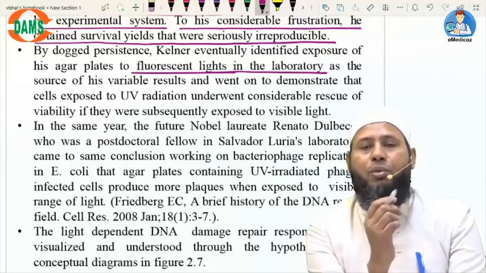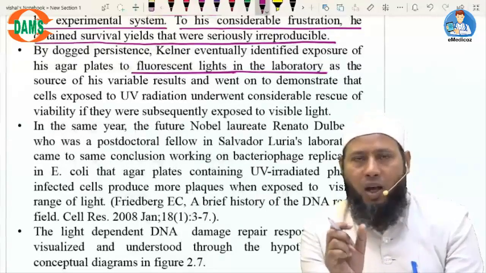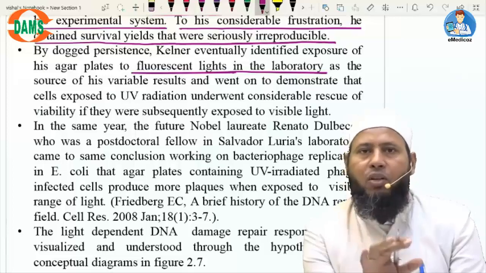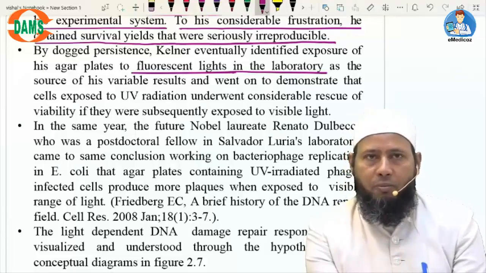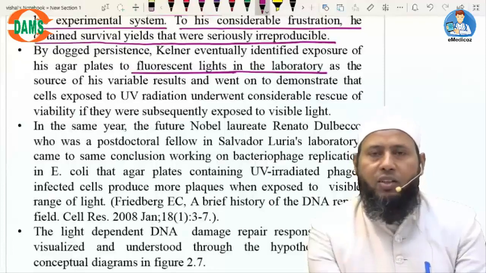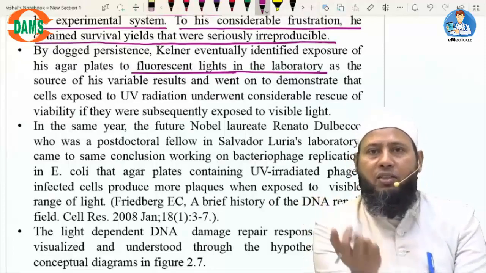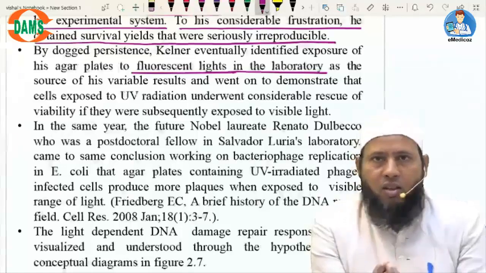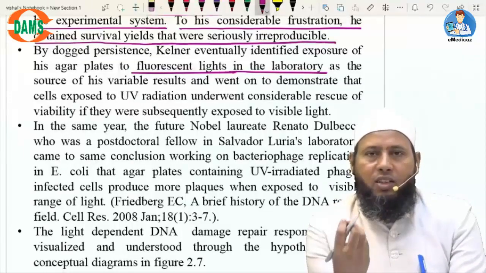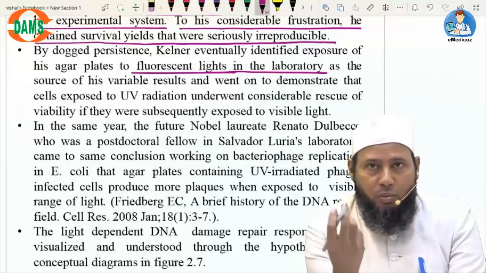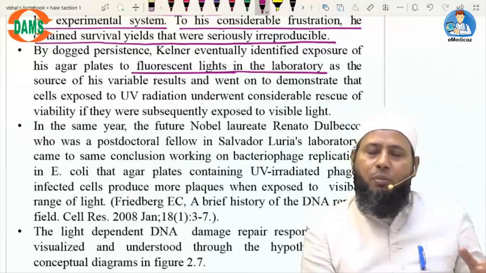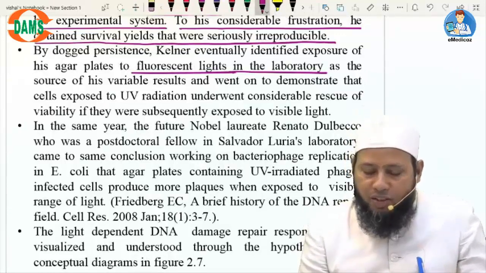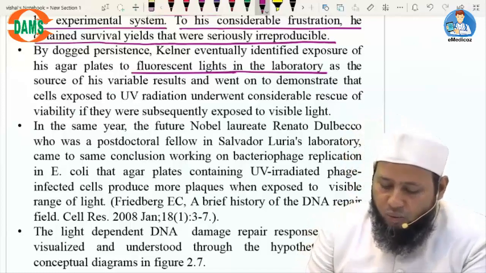So he found that probably this light has some effect on the variable survival of the bacteria. It means it must be interfering with the DNA damage response. In some cases it is promoting, so there could be some mechanism which can interplay with the DNA damage system, or which can repair the DNA damage. So what he did,